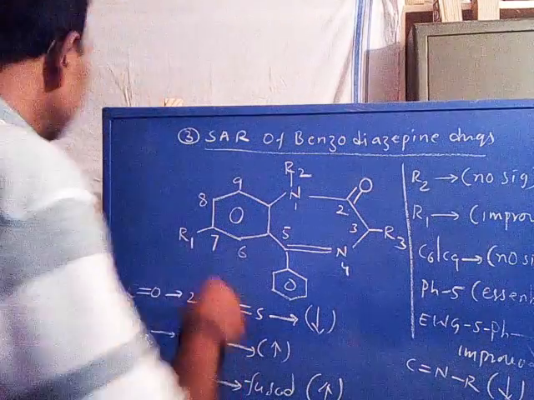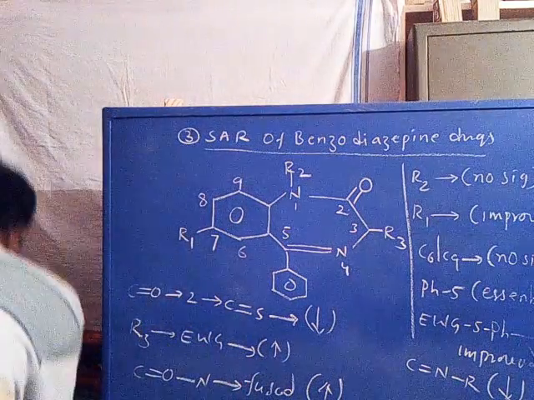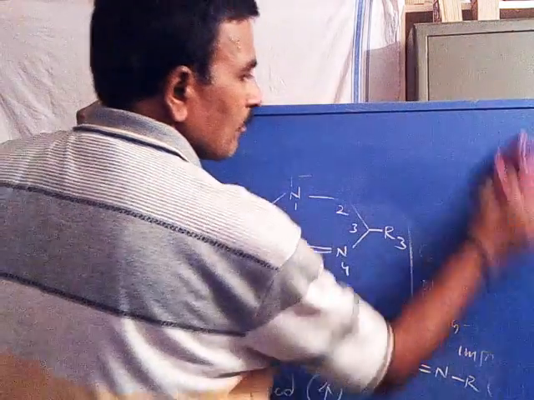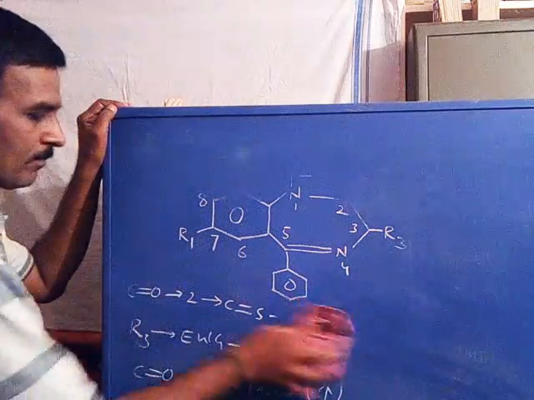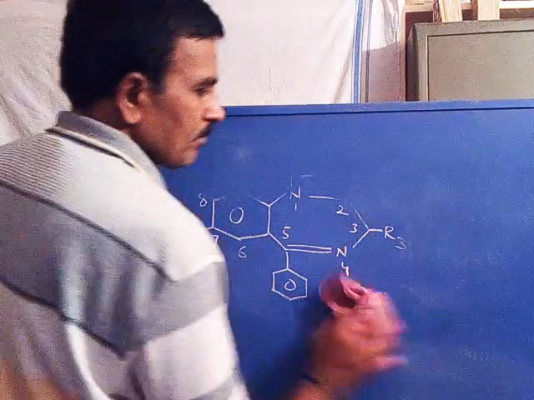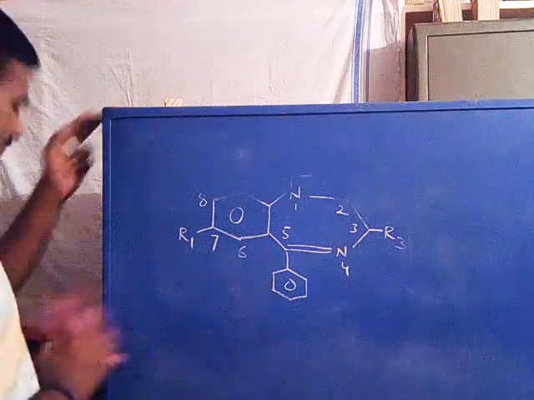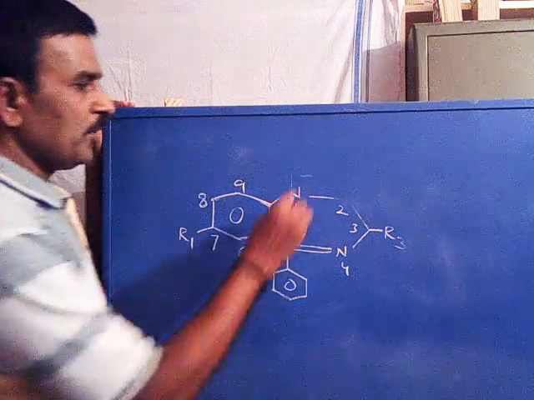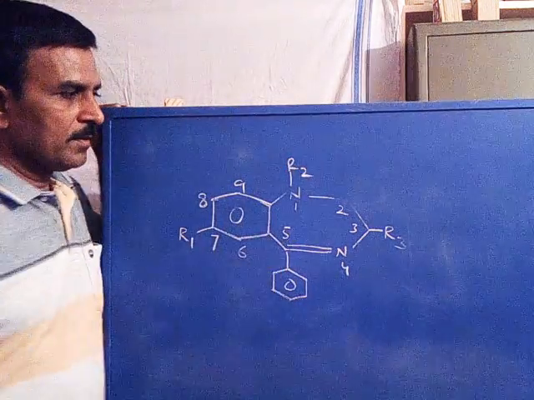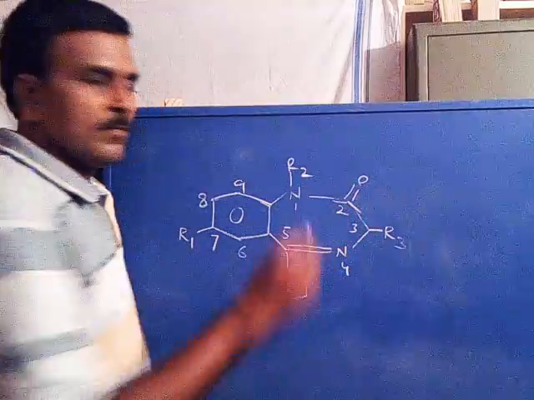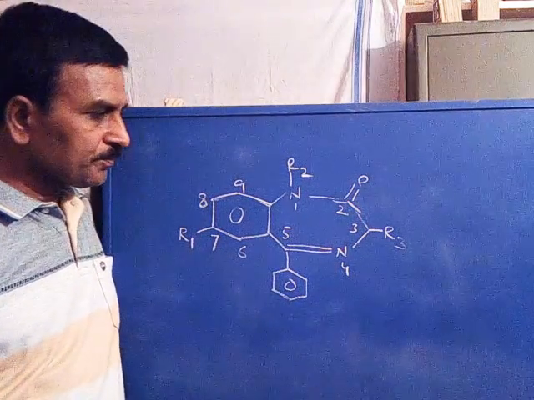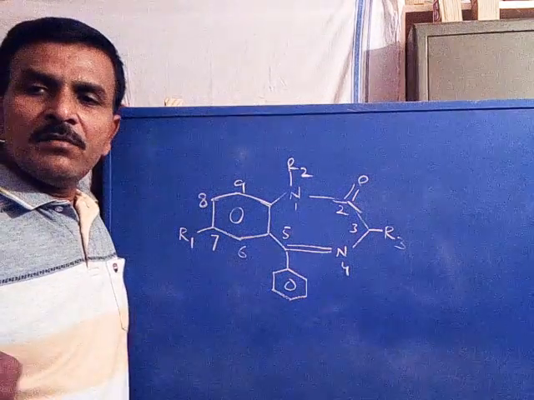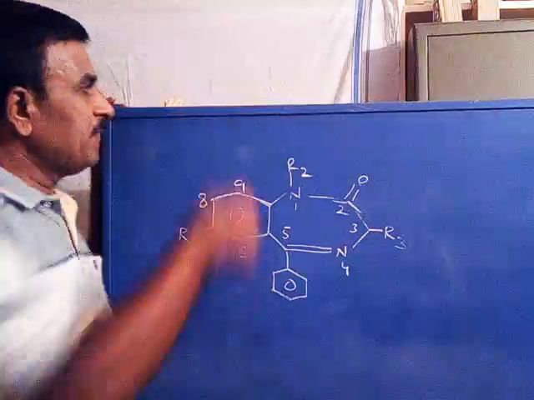For example, this is benzodiazepine, this is R2 group, this is C double bond O. If C double bond O as well as nitrogen is involved in the fusion with the other ring, it improves the activity. For example,